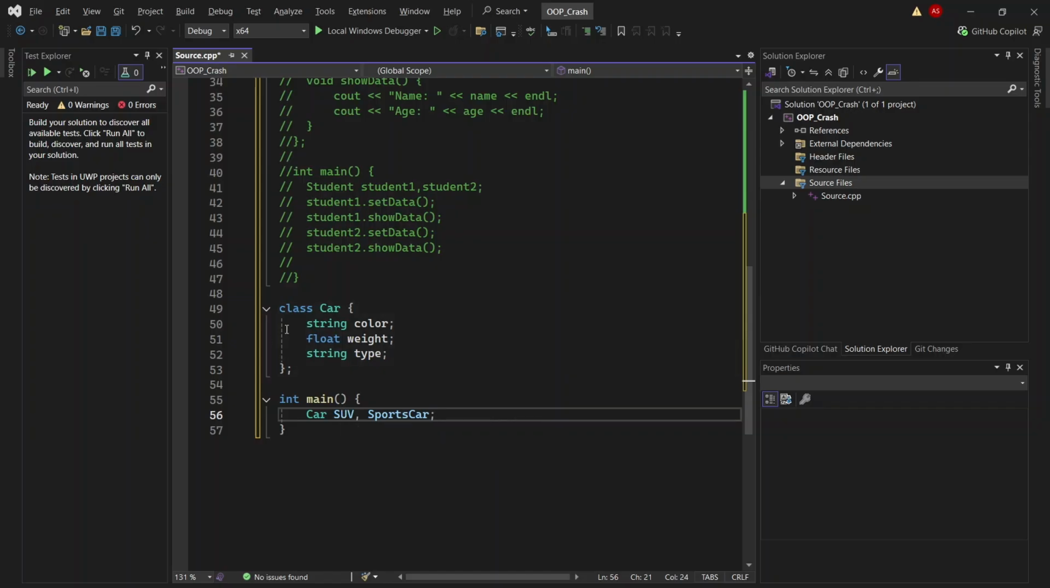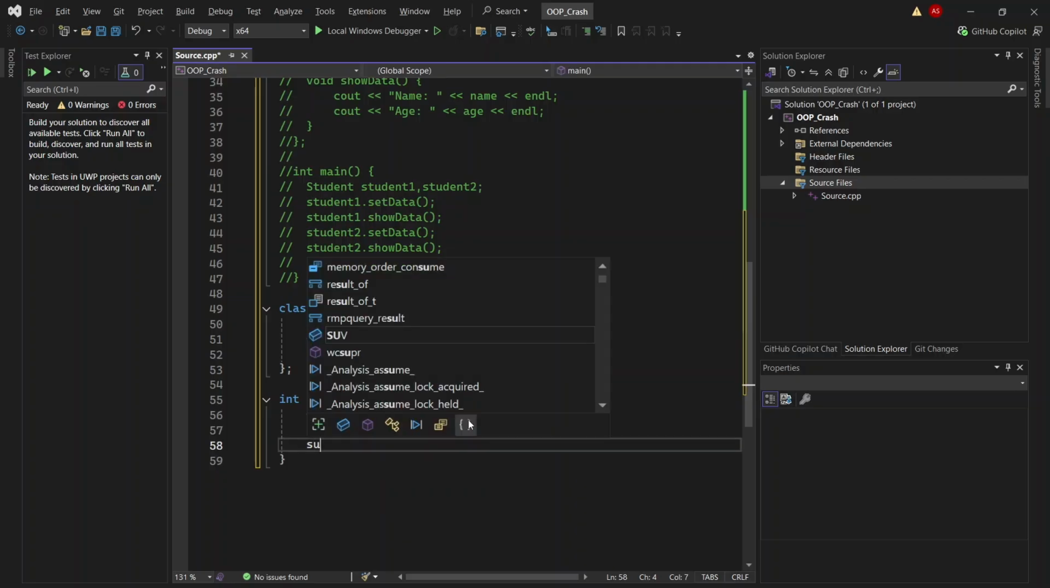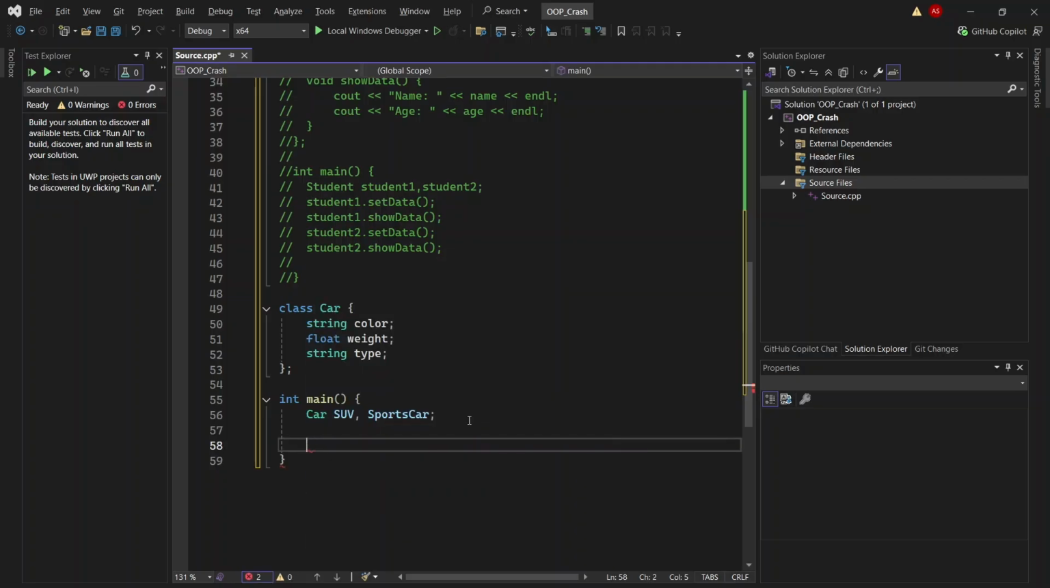Okay, this blueprint contains three attributes, and these three attributes will apply on each object. Now the SUV dot color will be red, SUV dot